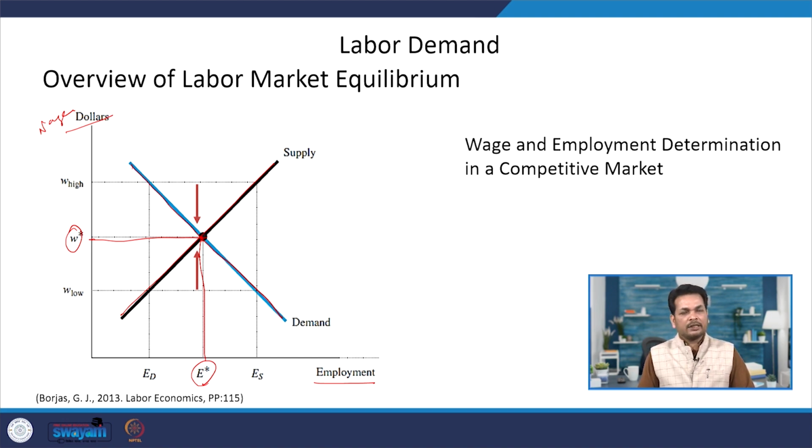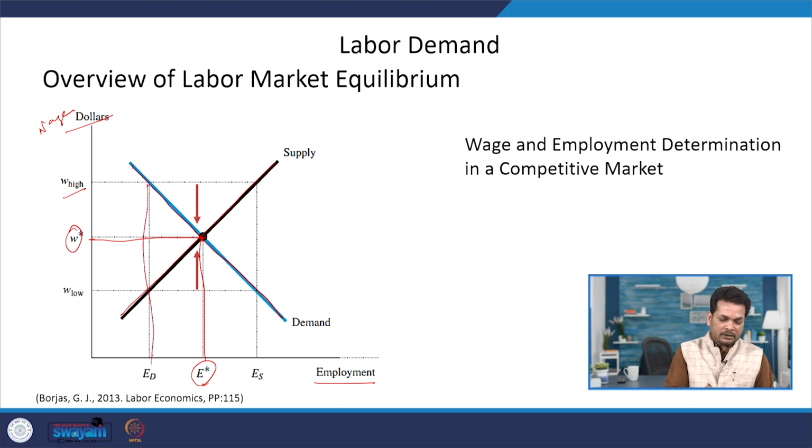Now, if at any point of time the wage is much higher than this W star market clearing wage rate, then what happens in the labor market? The demand for labor is ED; that amount of labor is demanded by the farm at this high wage rate, whereas at this high wage rate ES amount of workers are ready to supply their labor hours. So, there is an excess supply of labor,